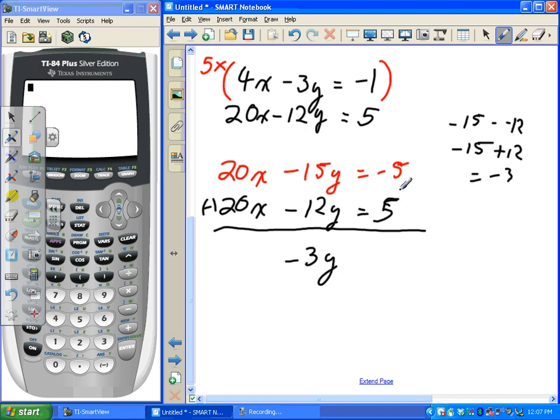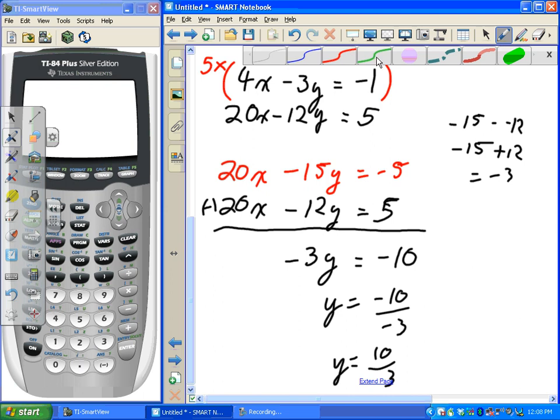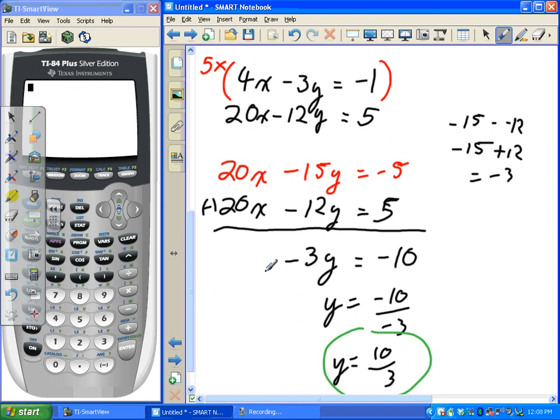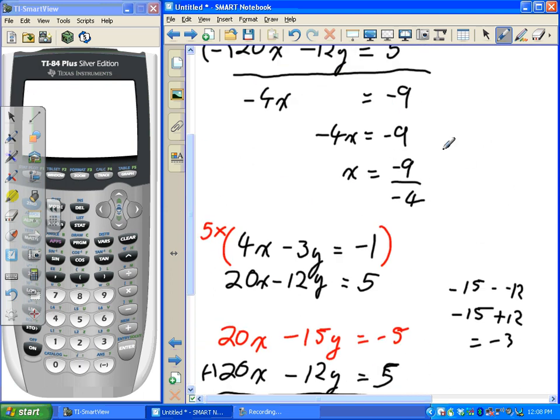And negative 5 subtract 5 is negative 10. Good. I got to isolate y, so I bring this 3 over to the other side. I get negative 10 over negative 3, also known as 10 over 3. So, my two answers: y is equal to 10 over 3, and x is equal to, oh, I forgot to rewrite that one also,